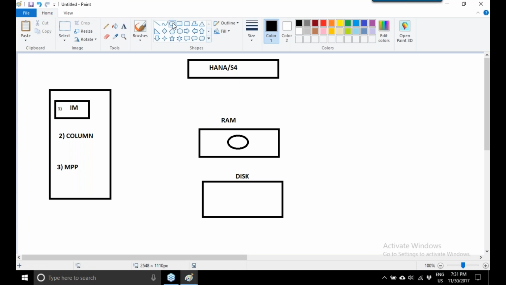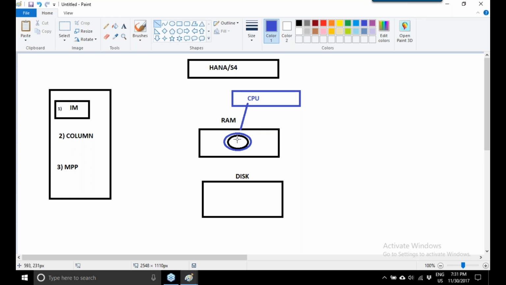Now why did SAP start to operate in memory? What is the reason that SAP operates in RAM? The first reason is, RAM is close to the CPU, while disk is not. Obviously RAM is close to the CPU. Is it better to get the application data from memory or from disk? It is always better from memory. So the SAP HANA S4 HANA platform is designed in such a way that it's completely stored in RAM.